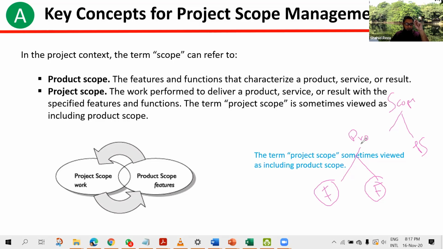Let me give you an example. You are going to develop a mobile app, say a mobile game. In that mobile game, say there will be 30 levels, and in each level there will be some fighting with different enemies. So these are the features. There will be 30 levels. There will be different characters who will fight in different levels. If you win a level, then you can go to the next level. So these are the features and functionality of